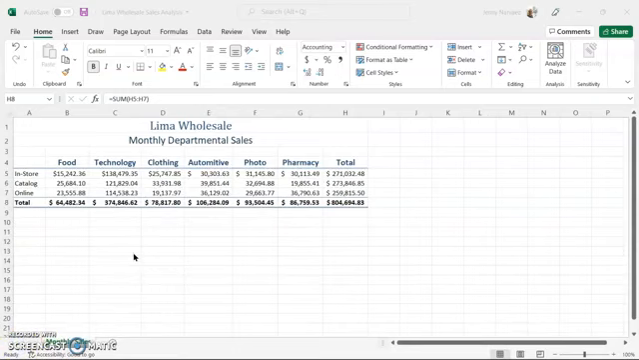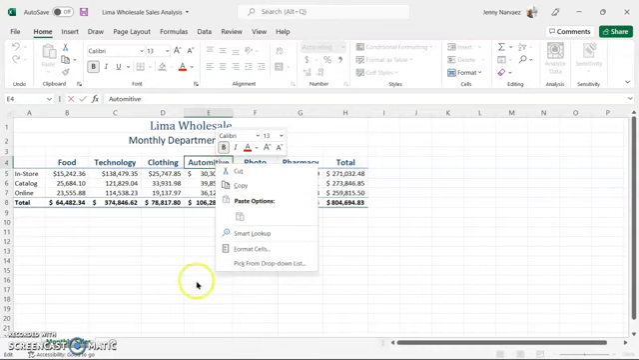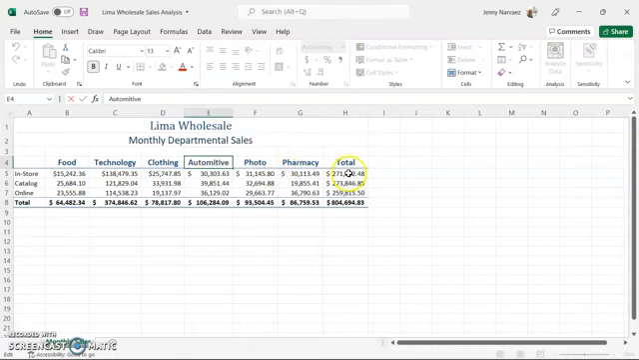Okay, so I've created this little data for us to learn how to do charts. First of all, this is a monthly expense by department for food, technology, clothing, automotive,